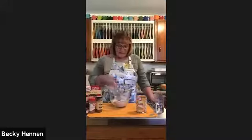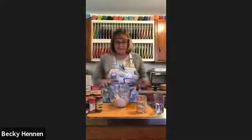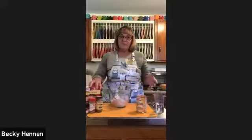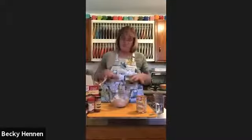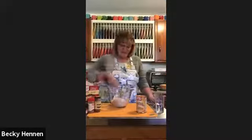So I actually already have one mixed up here. I did that earlier because I baked 1/2 of them. So I've got my cake mix and my spices. This is my spice cake. If you can find spice cake, just use it. You don't need the extra spices. So this is 1 ingredient, even though I had to make it. And then all you do to this dry cake mix is add 1 cup of